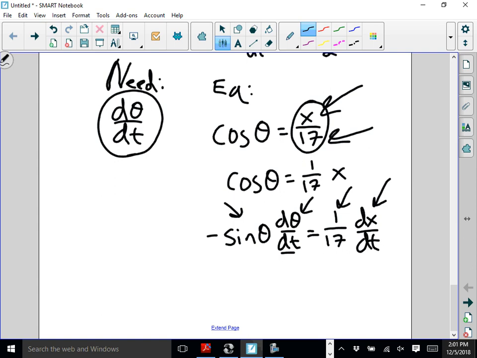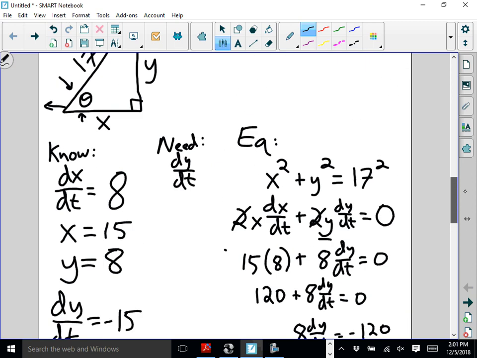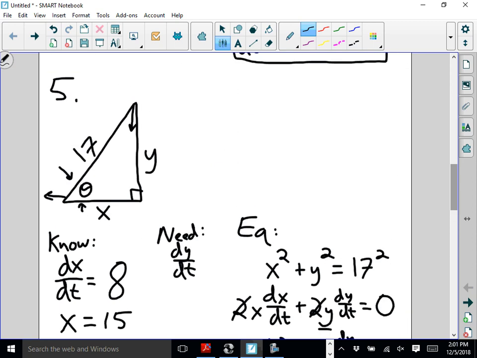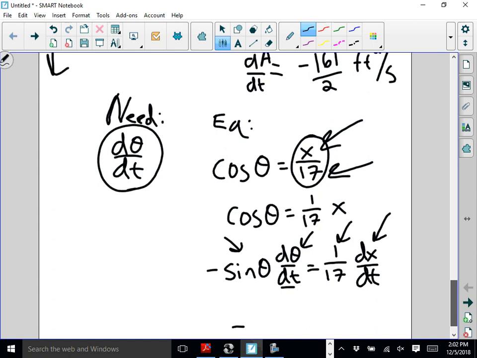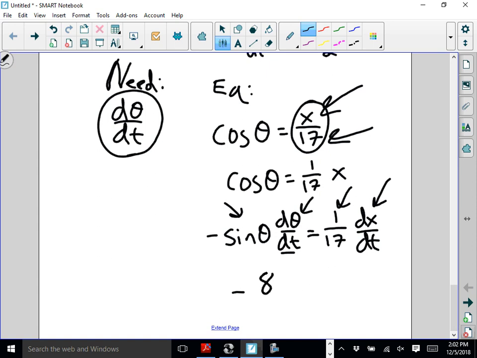So negative sine theta, I need to figure out what that is. Well, it's going to be negative opposite over hypotenuse. Well, my opposite was y, and my hypotenuse was 17. But I don't have to use y over 17. I can use the numbers now. y ended up being 8, right? So now I can use opposite 8 over 17, d theta dt